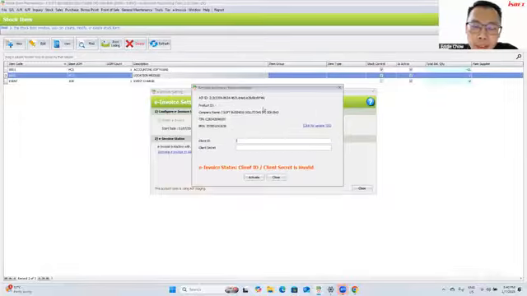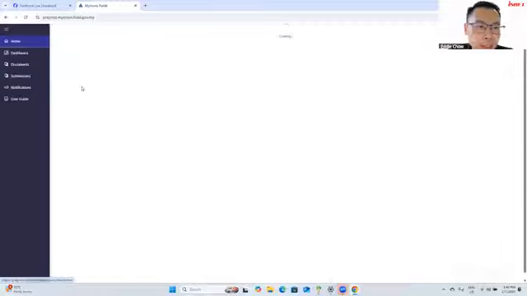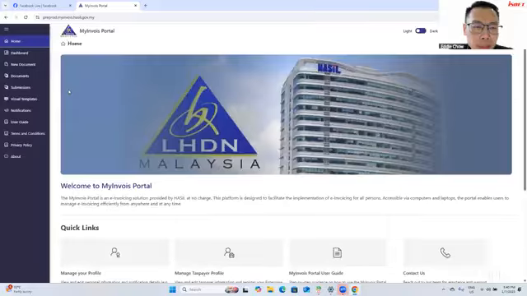The next thing, you need to get a client ID and a client secret if you want to link to the MyInvoice portal. Many people don't know how to get this client ID and client secret. It's very simple, you just log into MyTax. I'll just show you. Once you log into the MyInvoice portal,